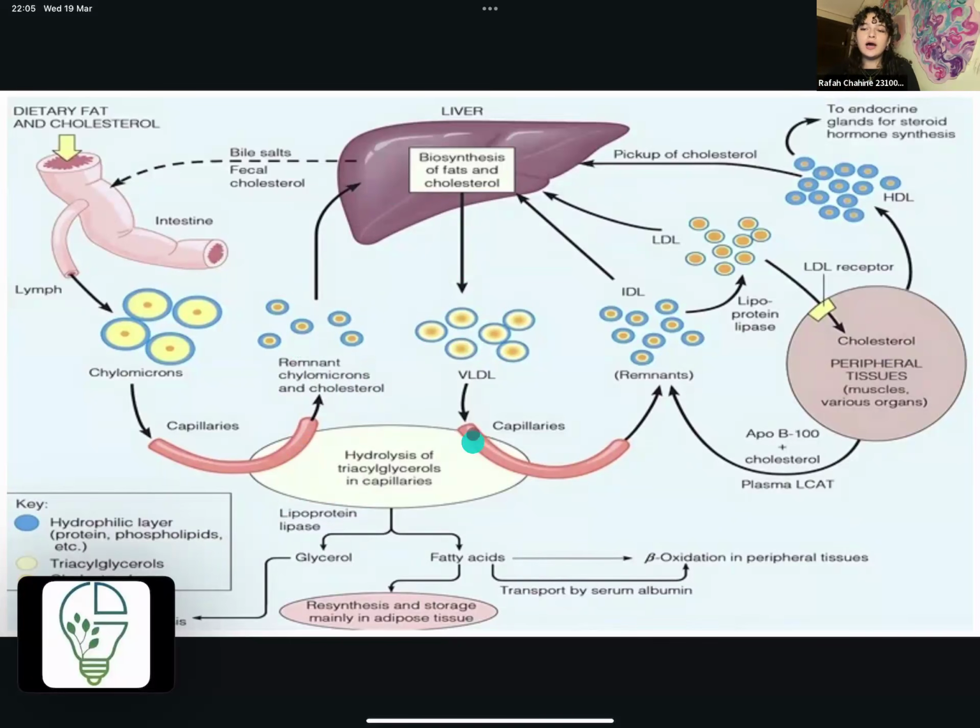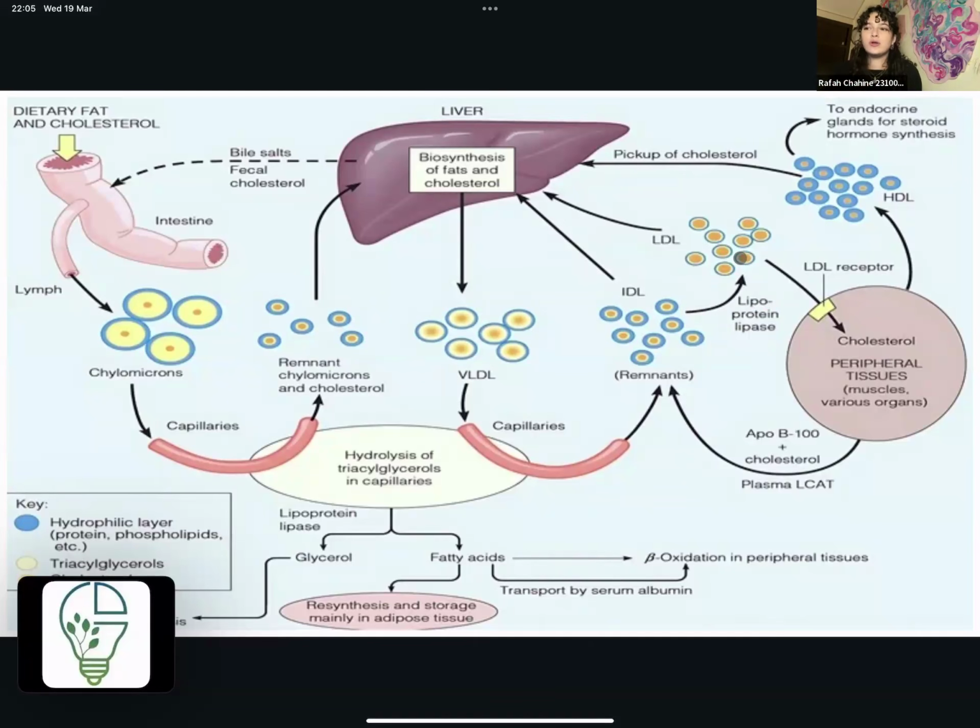They're going to also get hydrolyzed by the same enzyme called lipoprotein lipase in the capillaries. And then we're going to get these intermediate density lipoproteins. And then we're going to get these LDLs from those intermediate density lipoproteins, also through lipoprotein lipase. And then these LDLs, I'm pretty sure you have a whole lecture about lipoproteins, but just to give you the rundown